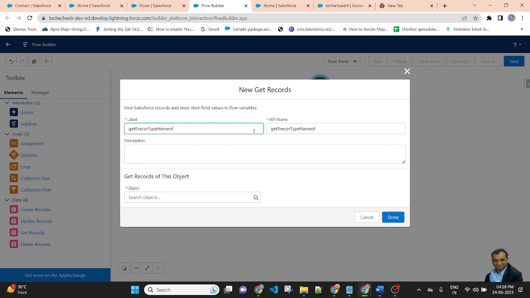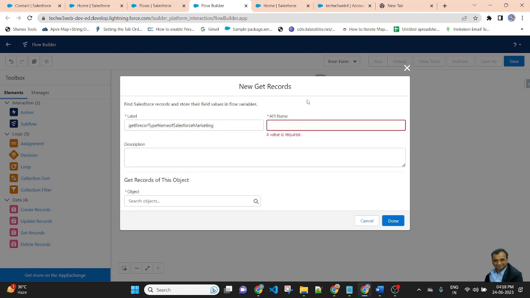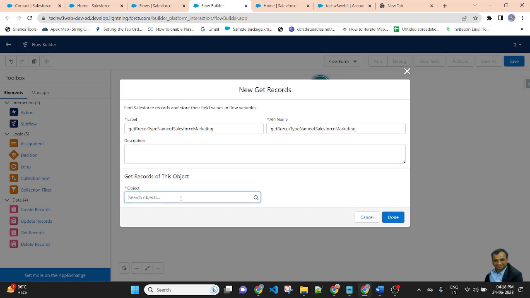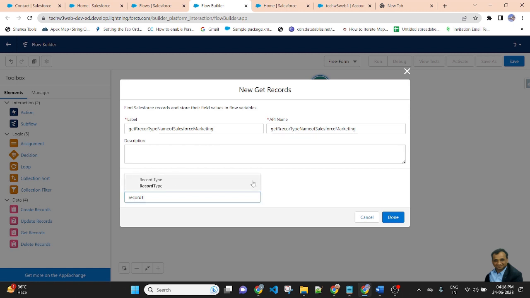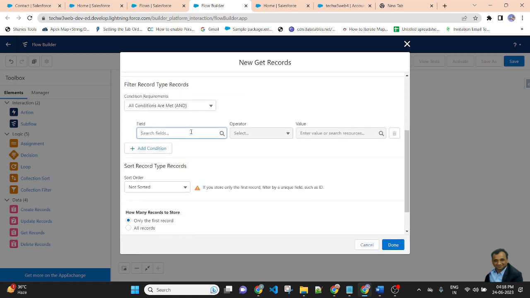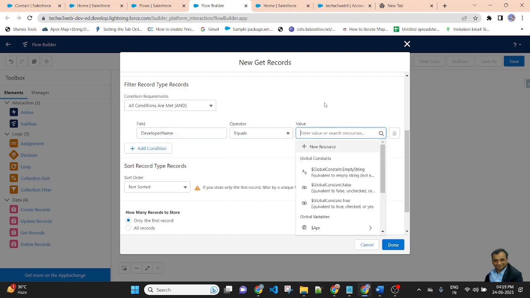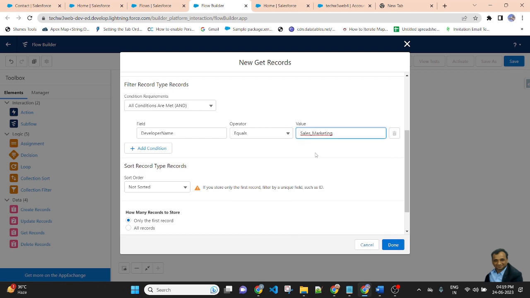Get record type name of Sales Marketing. Object name will be Record Type. Record Type is also an object. And here Developer Name equal to, the value will be Sales Marketing, and done.